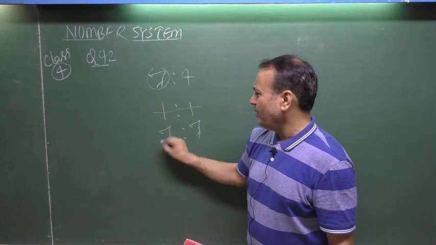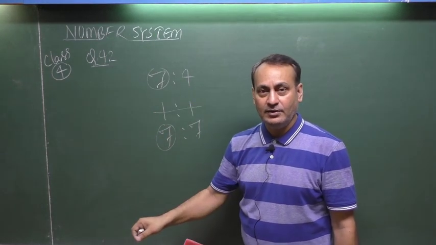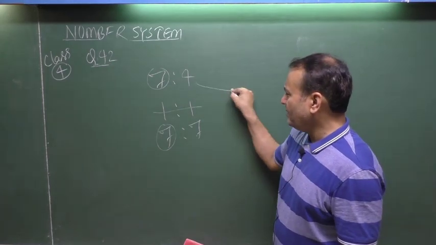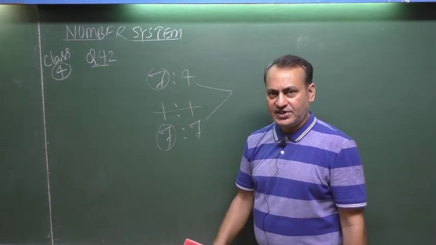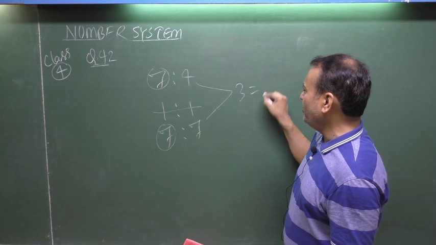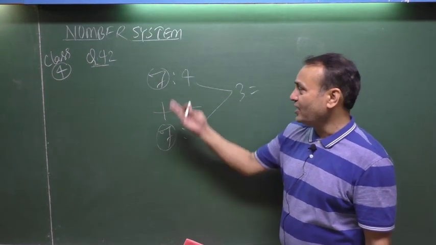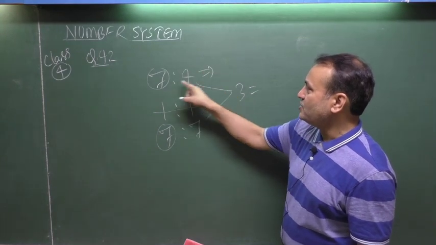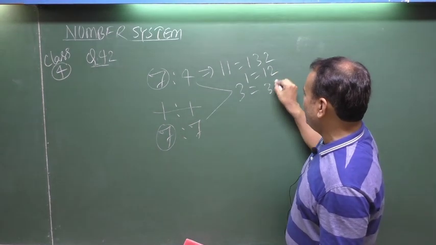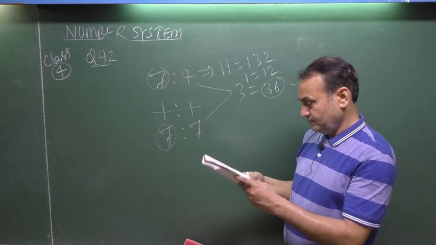Now see, the bigger units in old and new situations are just equal, as nothing was added, nothing was subtracted. Okay, this was 4, this became 7 as something was added. That means you have added here 3 units. You have to point out the value of 3 units now. That will be your final answer. How will you get the answer? 7 plus 4, 11 equals 132, 1 equals 12, and 3 equals 36. This is your final answer. Note down. 36.